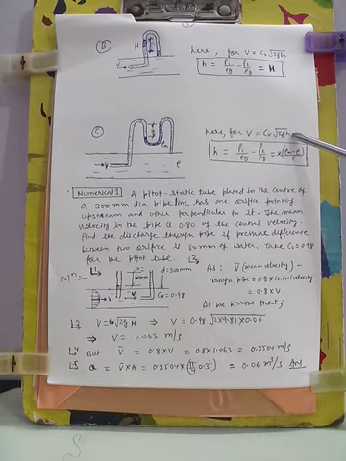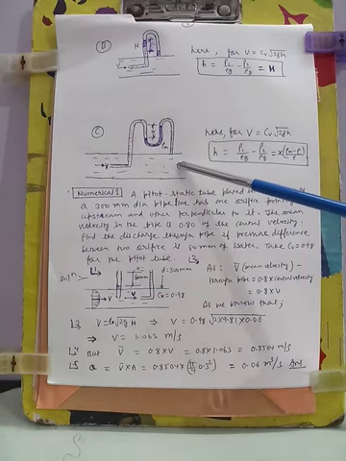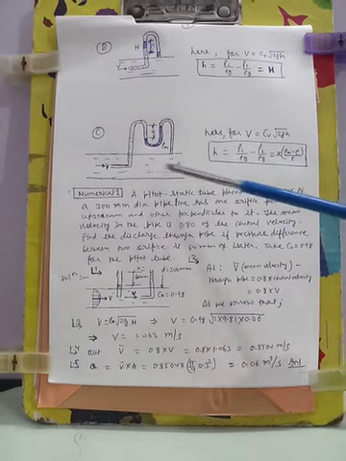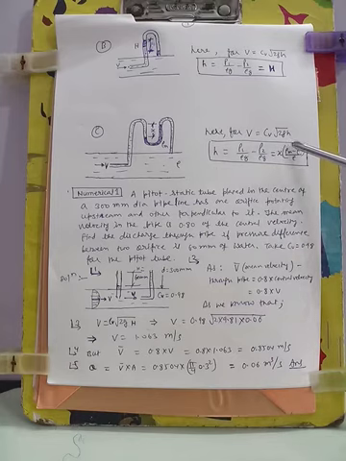Because the small h is the difference of pressure head at point 1 and point 2. By using the U-tube manometer we can use this formula to measure the value of h. That is, P1 by rho g minus P2 by rho g is equal to x into (rho m minus rho) by rho.